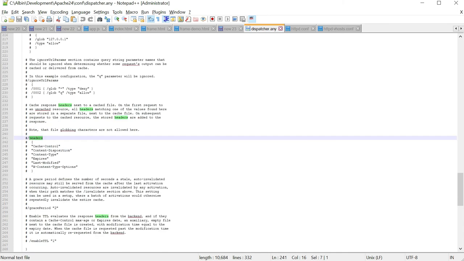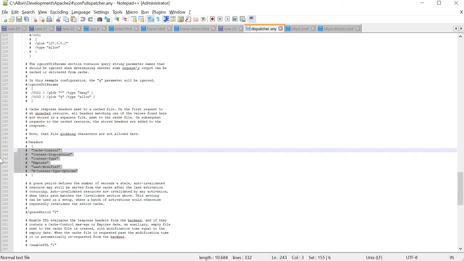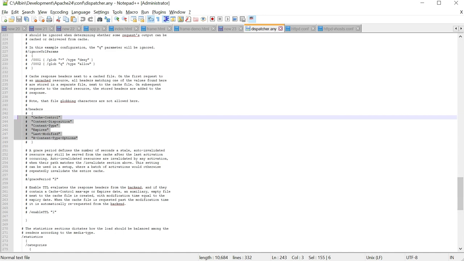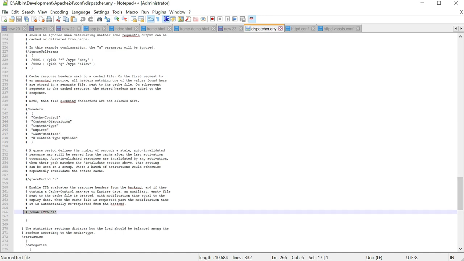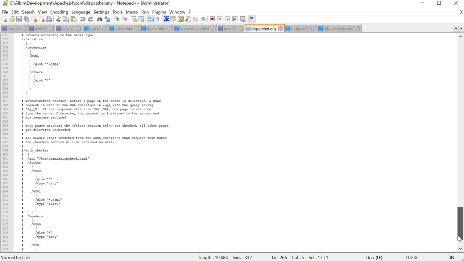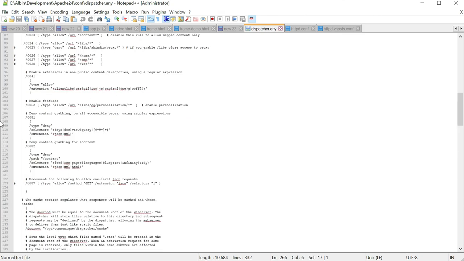Another one is headers. It means what response headers should get cached, so that on the subsequent cached request, these headers also will be sent. Here we are saying Cache-Control, Expires, Last-Modified, and if you want to cache some custom header, you can cache it. Then another important one we talked about is the TTL. You can enable TTL, so that based on the cache control headers like max-age, Expires, or whatever headers, the content will get invalidated. Yeah, so those are all the important configurations in the farm file. You can configure the different parameters based on your website requirement.